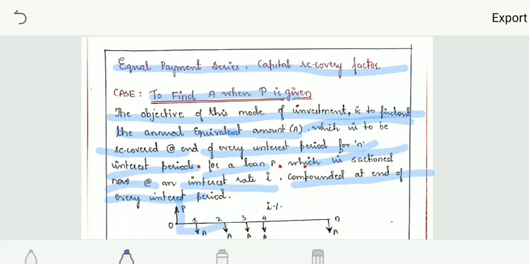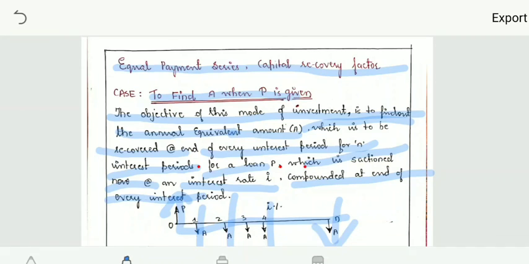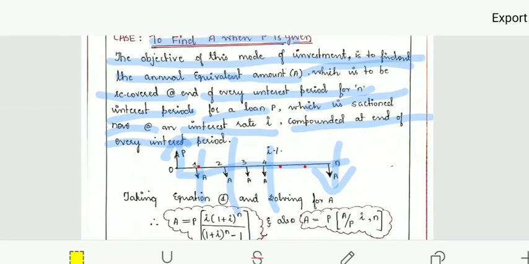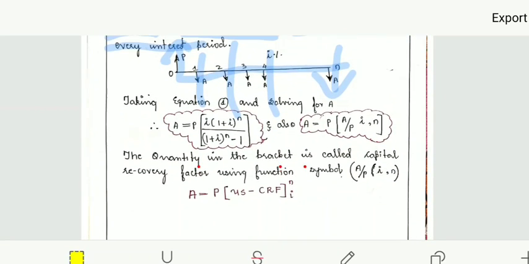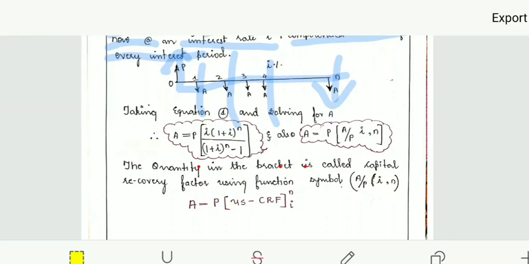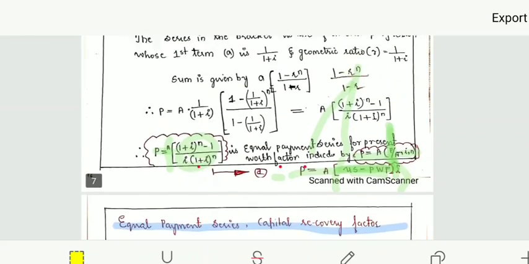You are able to see the cash flow diagram. You are taking the loan today and you are finding out how much to repay back up to the end of n interest periods. I have told you in the first class also, we have 3 formulas, and the other 3 formulas are the reciprocals of the 3 you are studying. So here the capital recovery factor is the reciprocal of the previous one that I showed you, that is the present worth amount, right?